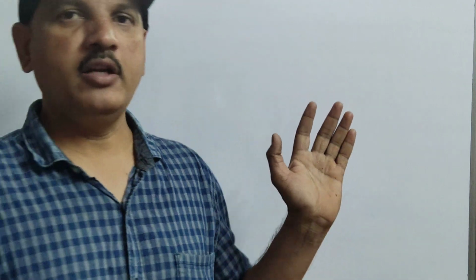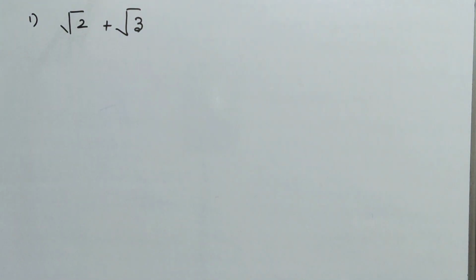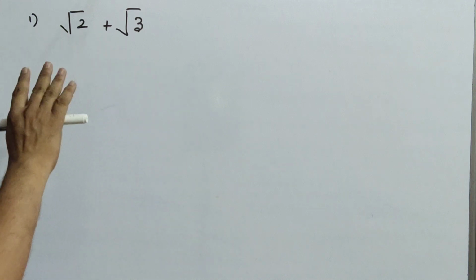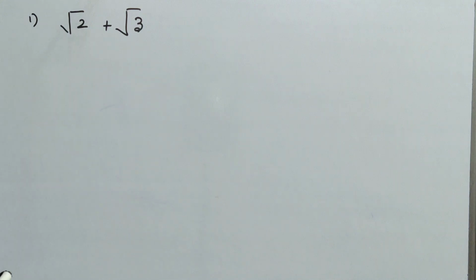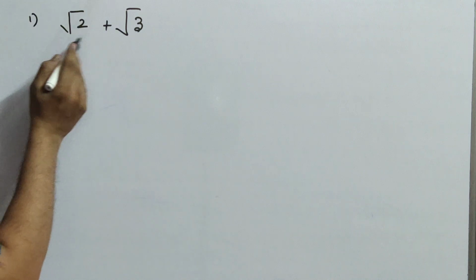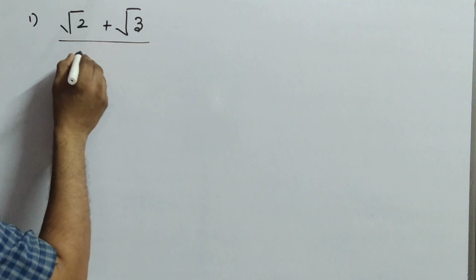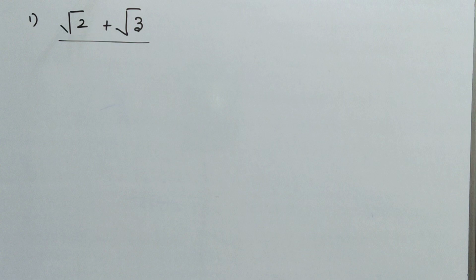The same similarity will be applicable here also. Here, root 2 and root 3. You can clearly observe this one, comparing almost all the sums with algebra. Now root 2, root 3. Are both like terms, children? No, because root 2 is separate and root 3 is separate. This is not at all like terms, so we cannot add this. But the answer is the same. If they ask the question root 2 plus root 3, the answer is root 2 plus root 3 only.